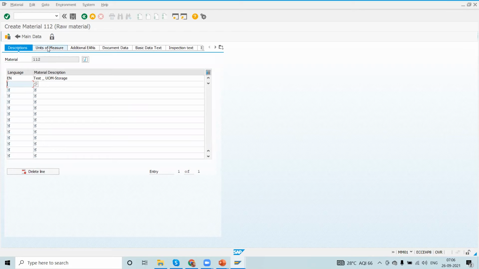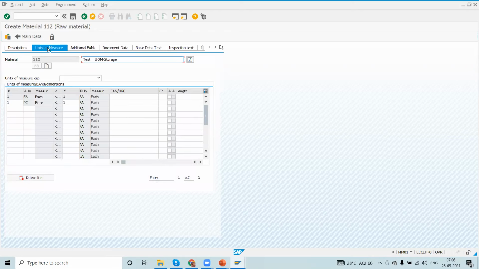If you go to unit of measure here, external data, go to unit of measure. Here, I'm going to maintain the conversion with respect to other UoMs also. I'm going to mention here one pallet. One pallet is equal to how many pieces or how many each? 100 each.